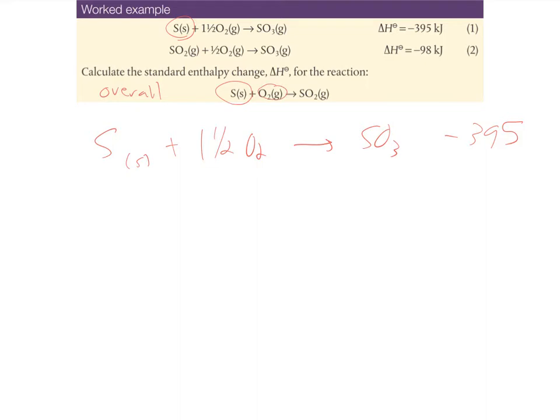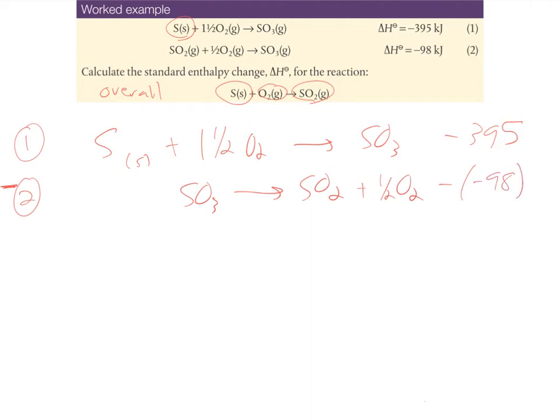O2 is a reactant in the overall reaction, and it's a reactant in both of these reactions, so that doesn't help us very much. But SO2 is a product in the overall reaction, and SO2 is a reactant in the second reaction. So that means the second reaction, I actually need to switch. So this is reaction 1, this is reaction 2, but it's the inverse, if you will, of reaction 2. I need to flip reaction 2 and do the reverse reaction. So SO3 is going to make SO2 plus 1/2 O2. And that is negative 98 kilojoules per mole, but it is the negative of negative 98, so it's positive